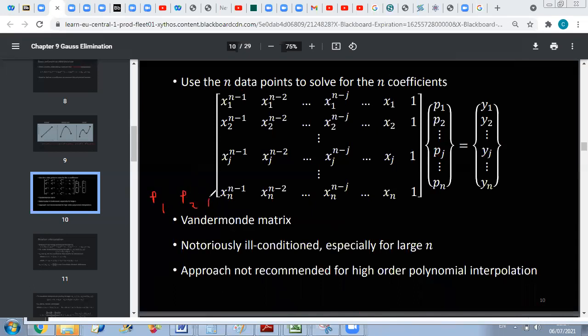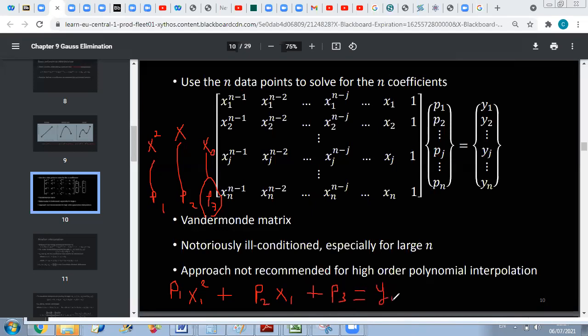P3 is the coefficient of x to the power 0, P2 is the coefficient of x to the power 1, and P1 is the coefficient of x squared. So your first equation will be P1 times x1 squared plus P2 times x1 plus P3